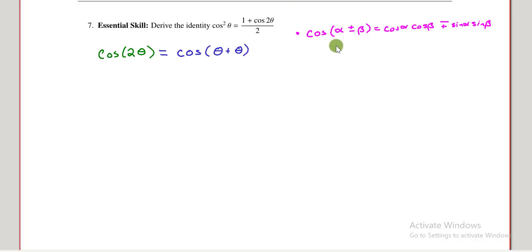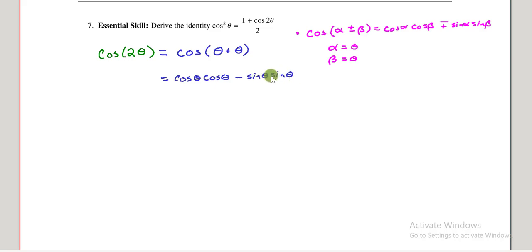So here again we're going to use alpha equal to theta and beta equal to theta, and that's a little bit strange, but it does propel us forward with this problem. So I'm going to write this as the cosine of theta cosine of theta, and then careful here, we're using the plus symbol, so this would be minus the sine of theta,